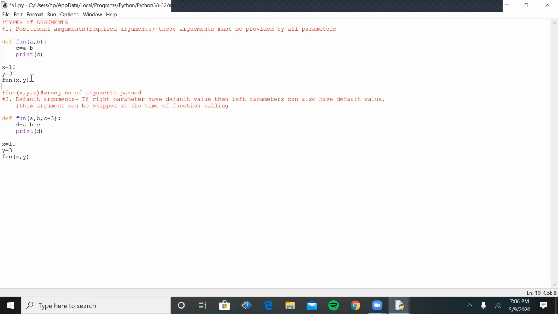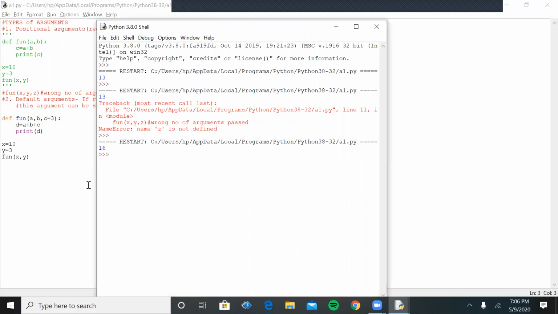Just for the time being, I'm making the first function a multi-line comment so that only the lower part executes. You can see it has not shown any error, because in the function definition I used three parameters, and when calling this function, it has taken the third parameter value.